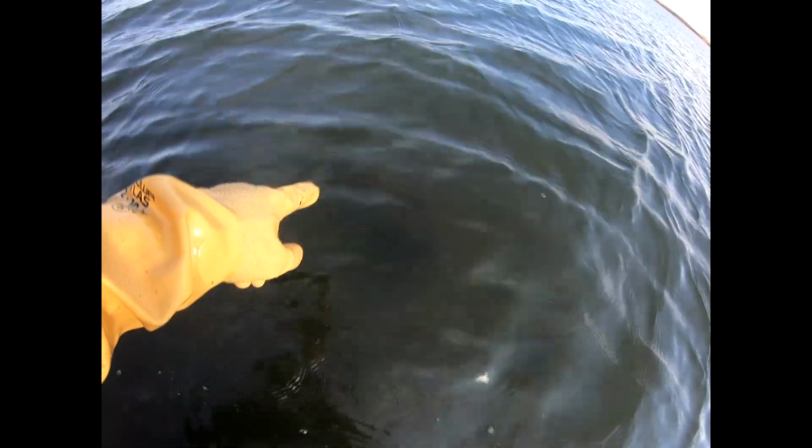Oh yeah, there is something here. Hope you guys can see it. It's right here. There it is. Looks like a beaver there. Not a terribly big one, but